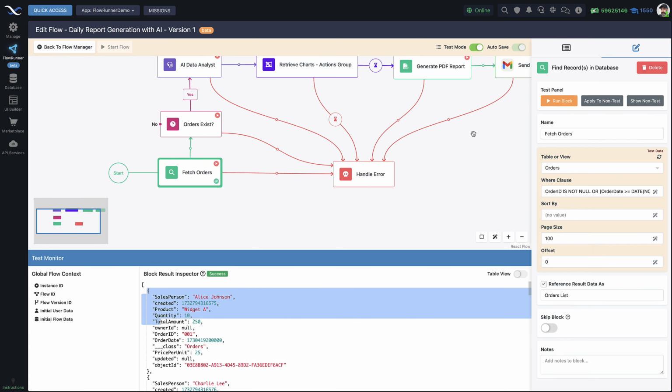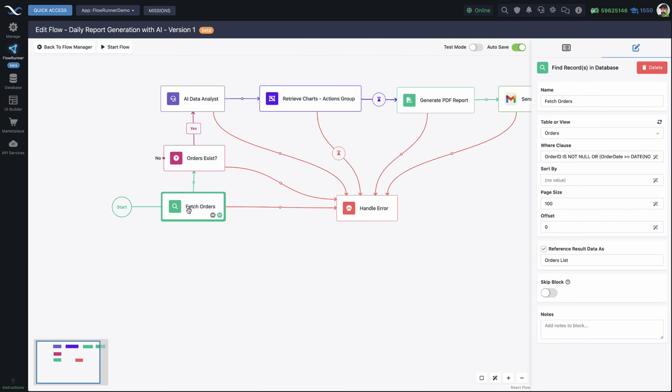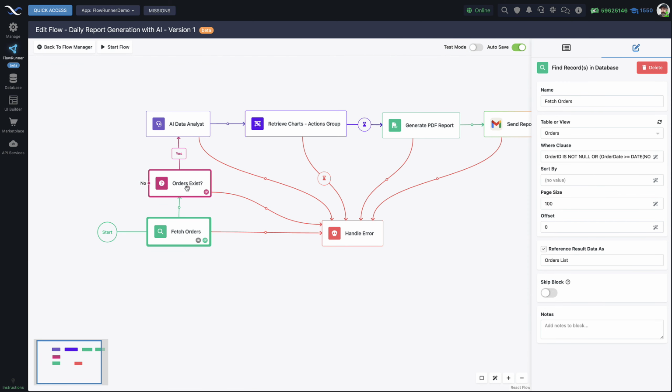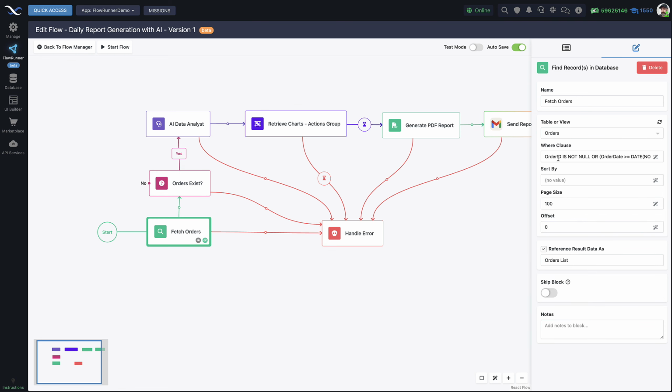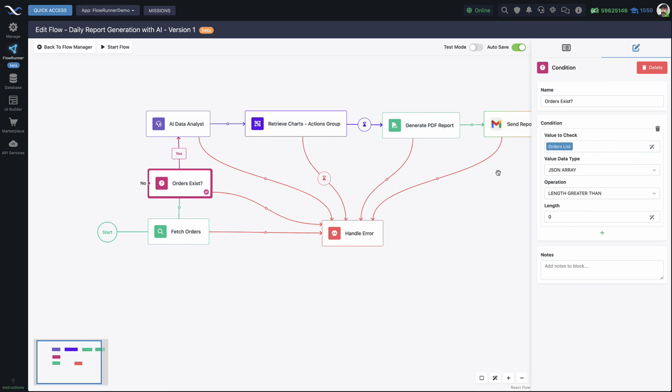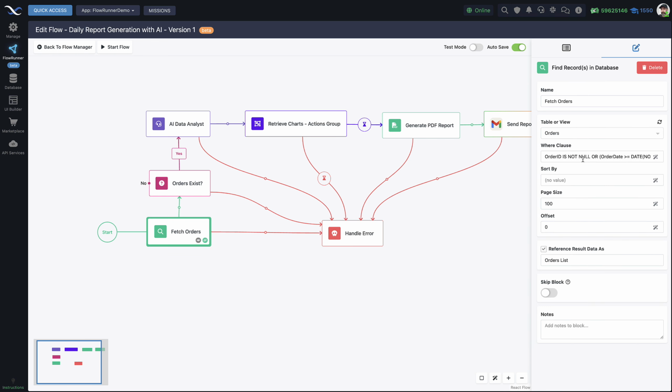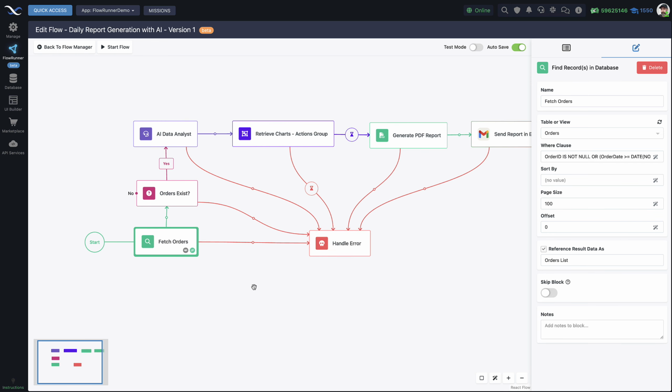How does it do it? Well, let's take a look. So once we got these orders, there is this condition that checks if orders exist. If you have this part of the query where it's going to get all the orders, of course, orders will exist. If you were to strip that part of the condition, then orders may exist or may not exist because on some days you may not have any orders. And this condition basically says, okay,